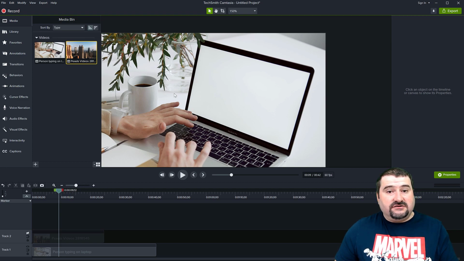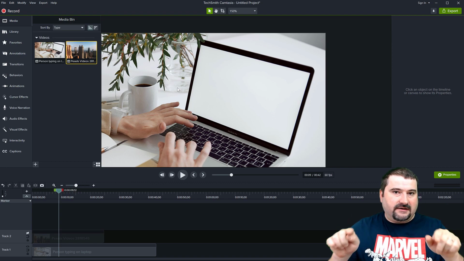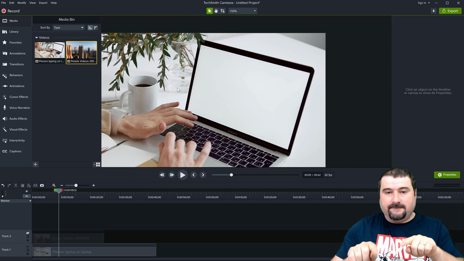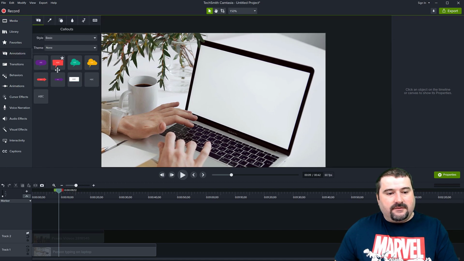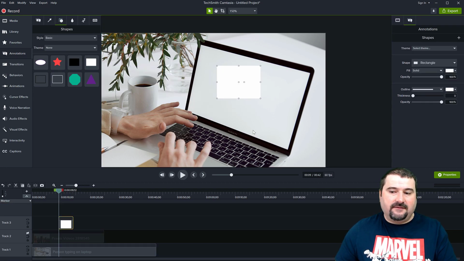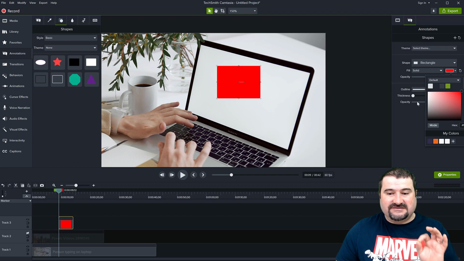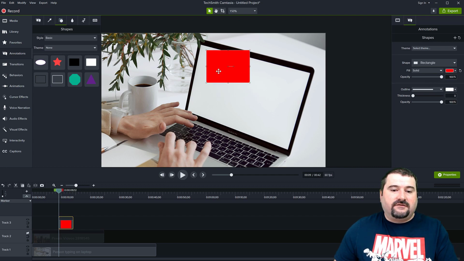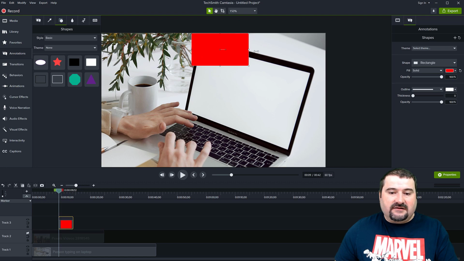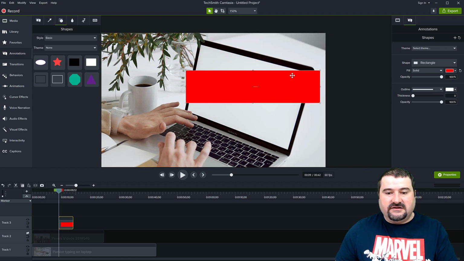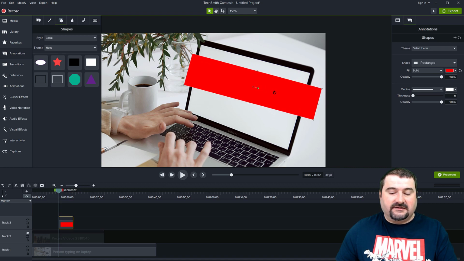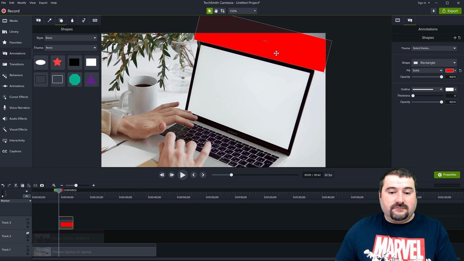So I'm going to use just some simple annotations to create a masking area around my laptop, not inside of the laptop screen, outside. So going to annotations, I'm going to select shapes and just select one of these rectangular shapes. I'm going to make it red just so we can see clearly what we are doing. So I'm going to just scale this to match sort of the side of the edge at the top there and rotate it a little bit like this so it's parallel, and I'm going to move it all the way